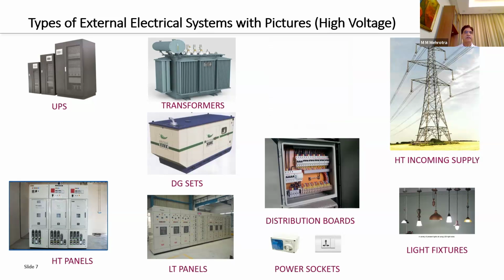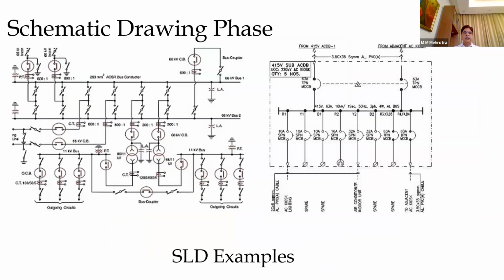Now next is this, you must have seen. I will not discuss it in detail. I will only mention the components which you have seen. Here, if I start, can you see these two circles? These are transformers. This is circuit breakers. The supply is now, forget this. This will be too complicated for you.